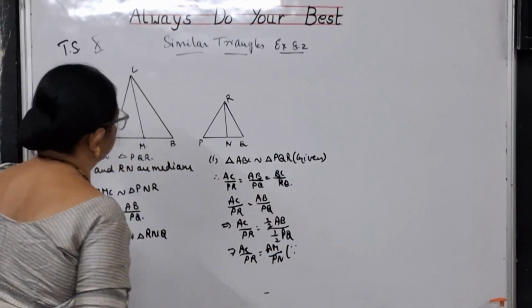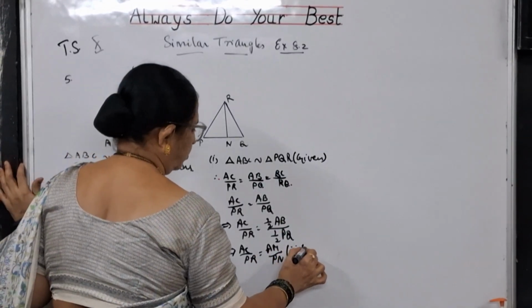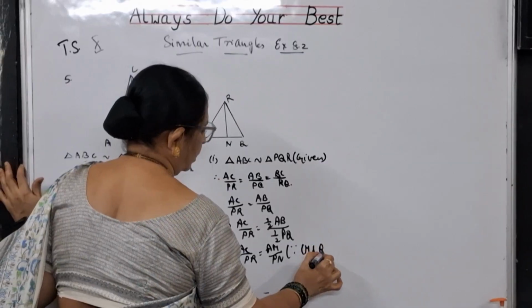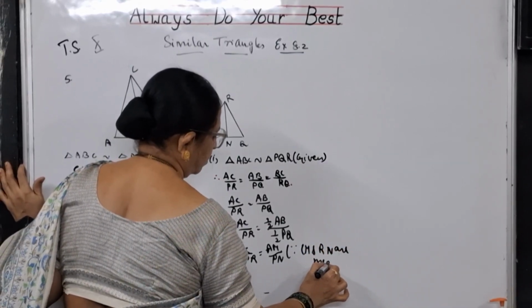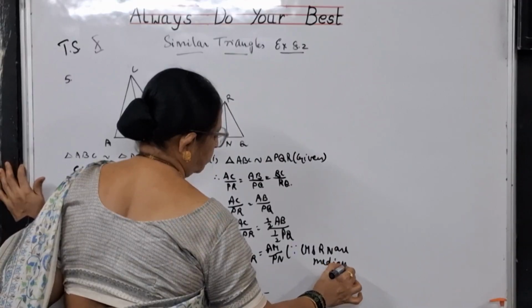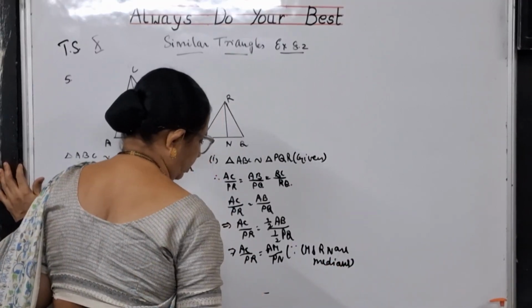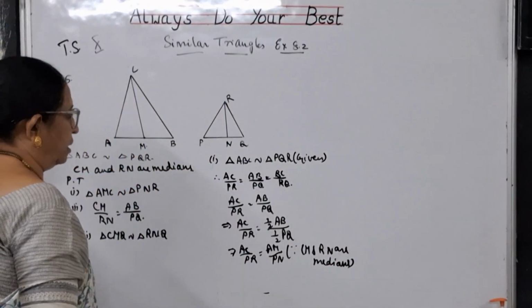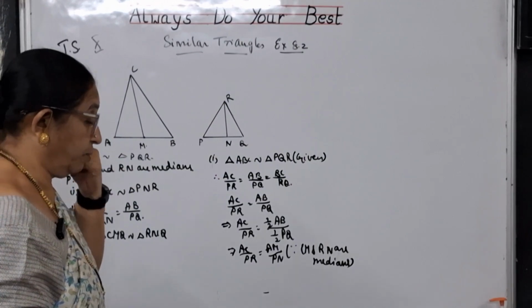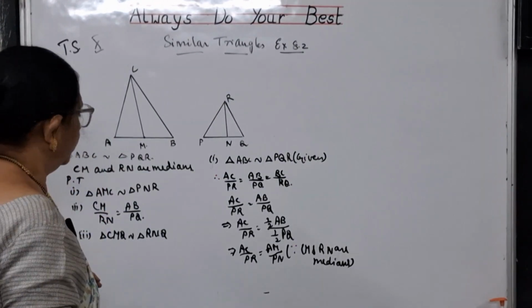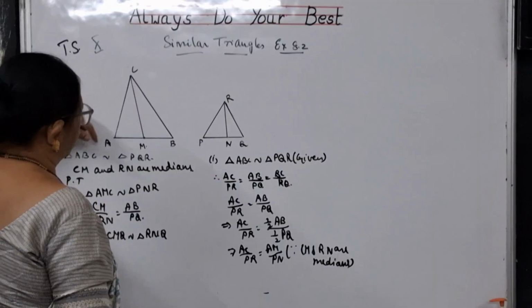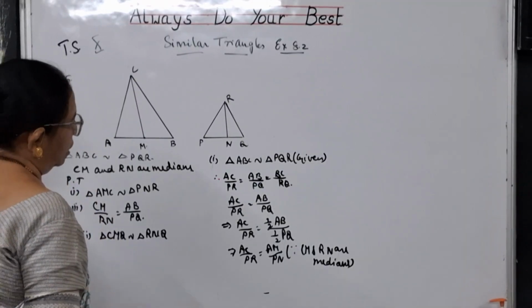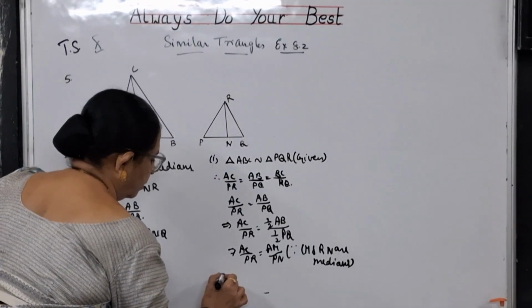Why? Because CM and RN are medians. Because they are medians, you could say, because it is only the median which has got the property of dividing the base into two equal sides. So AC by PR is equal to AM by PN, and also